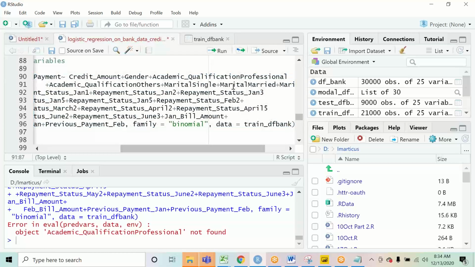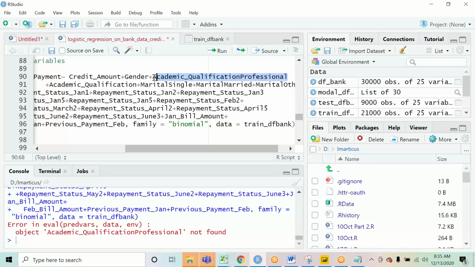Actually, I was considering all the significance, but not thinking about the background dummy variables. So when you see the dummy variables are coming significant, you have to keep the name of just the original column, not the dummy parts. So these all will change. This will remain as academic, you will just keep it as academic qualification.